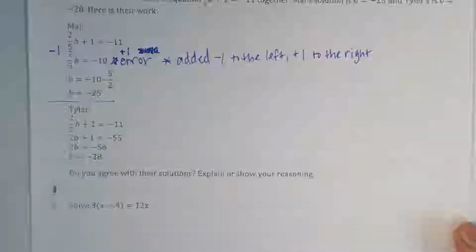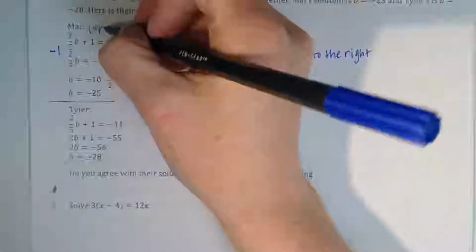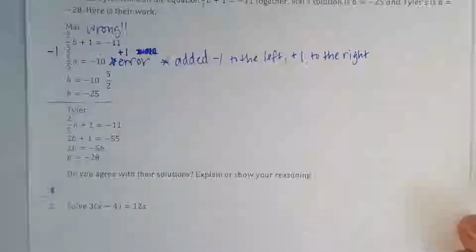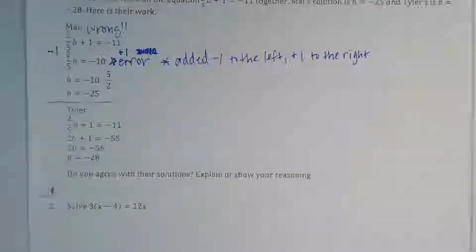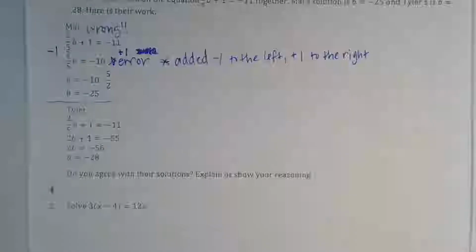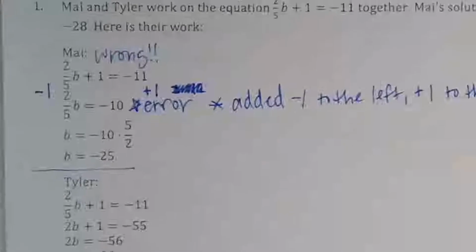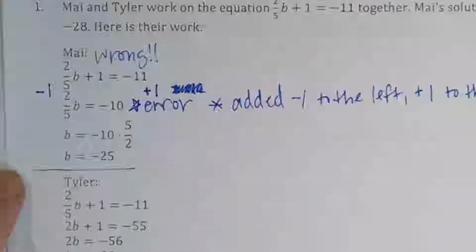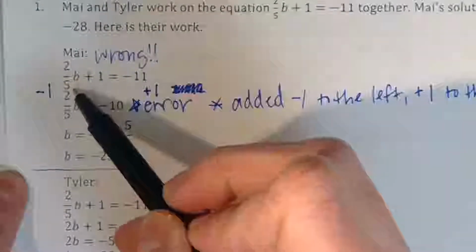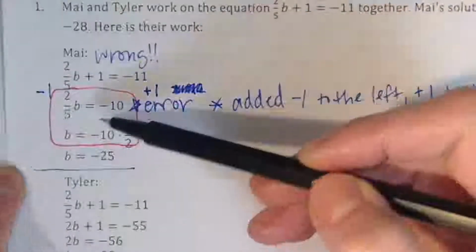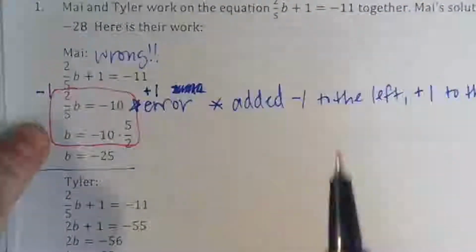Okay. So at this point, we know she is wrong automatically. The only thing is, I want you to continue. We're going to continue looking at what happened in Mai's problem, because she does something really interesting next that I want to make sure that you see. All right, so we're going to take a look here and see what she did right here. Because even though she made an error, we're still going to continue,